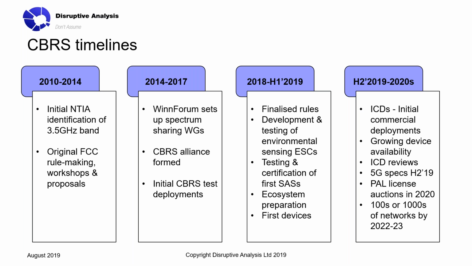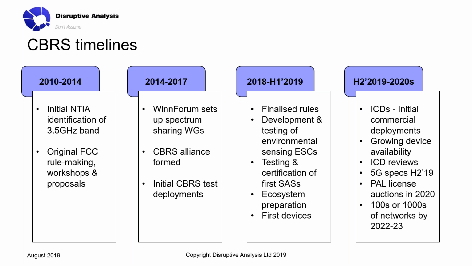And there's going to be then subsequent to that a review, almost like those will be commercial field trials, and there should be a fairly rapid review process, more devices coming online in the second half of the year. Also, interestingly, at the moment, this is around 4G, but the 5G specifications are due out as well in the same band. And we should expect that the protected access license auctions should take place probably in the middle